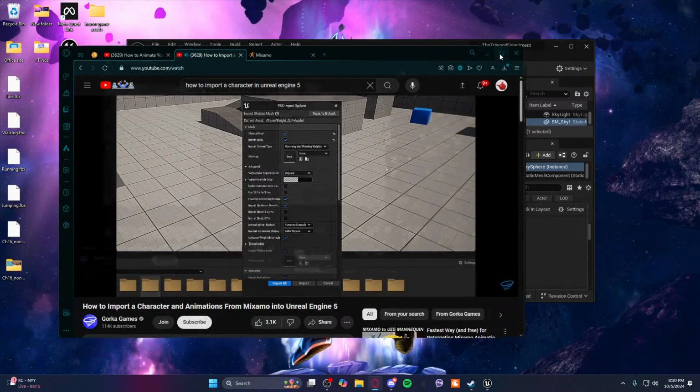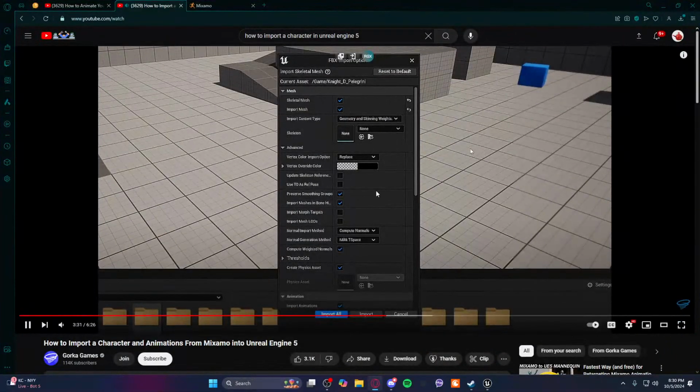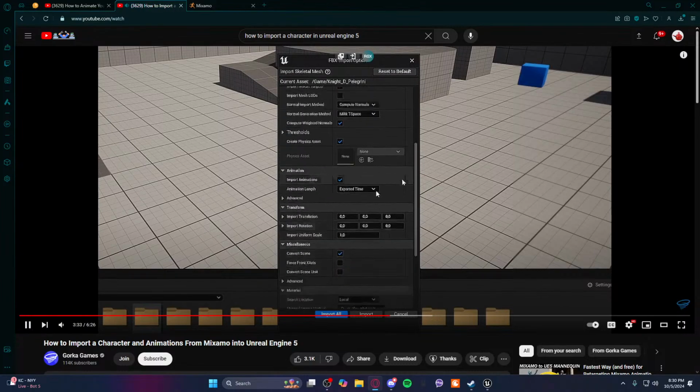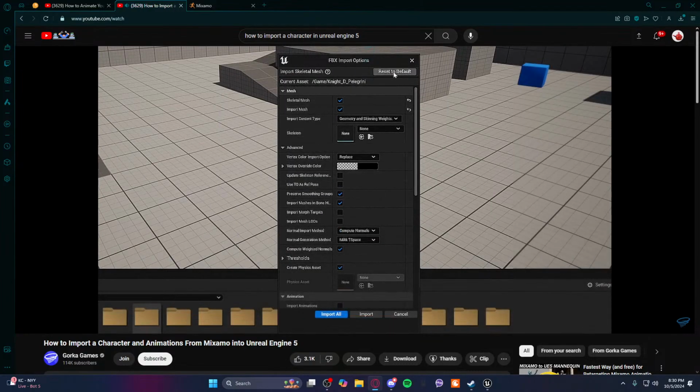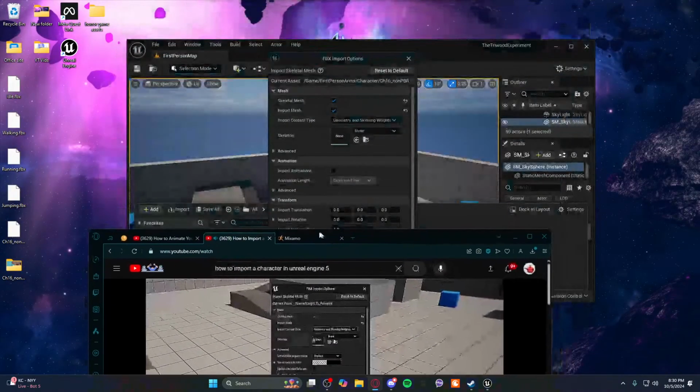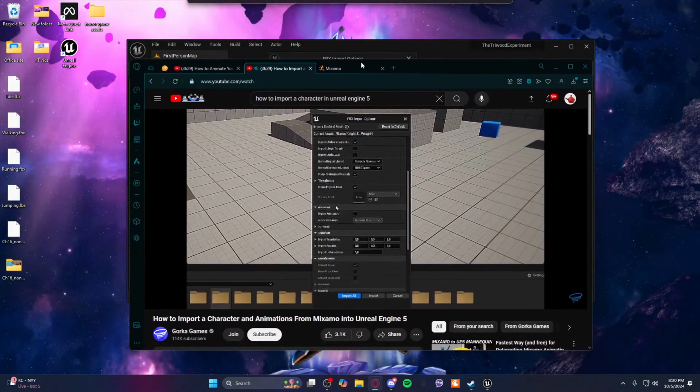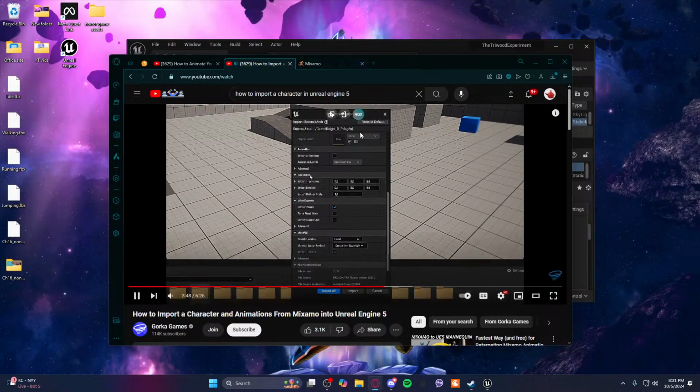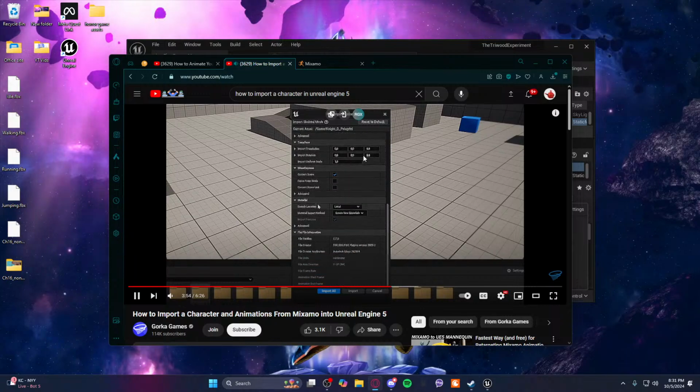We'll have a few different parameters that we can change in order to basically import our character. Now we're gonna go ahead and reset to default, and we're gonna leave the skeleton as empty because we're gonna go ahead and generate a new skeleton. So make sure that these two are ticked, and then pretty much all the other things we're gonna go ahead and disable. Now import animations is not needed because we're just importing the character, and then we don't have to change anything else. We can leave create new materials and locals, so already